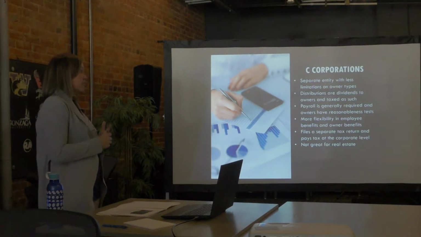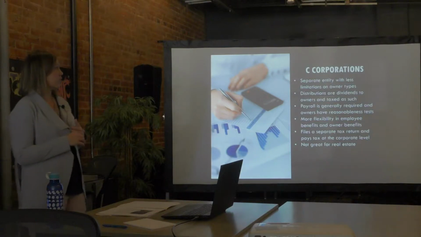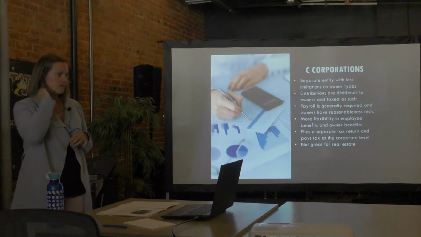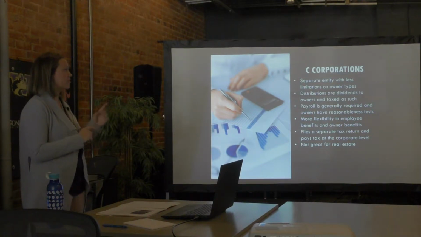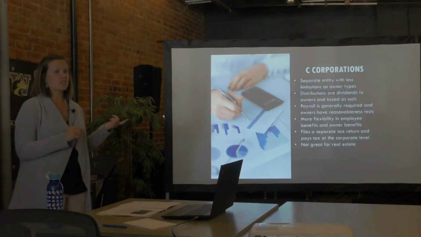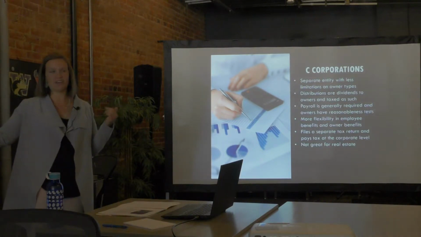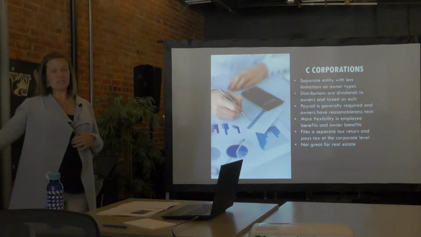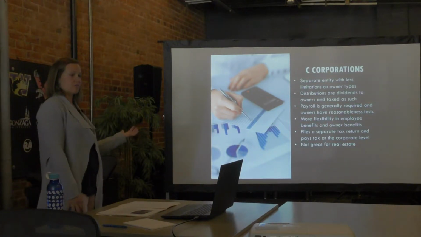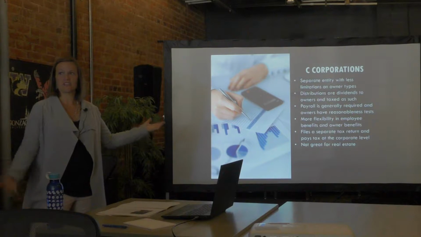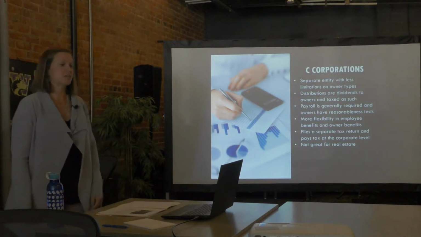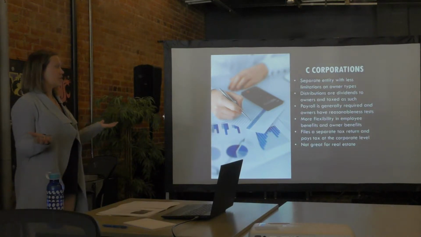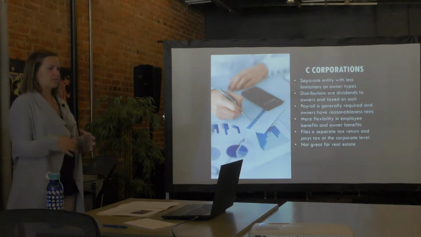Payroll is generally required as well because the owners usually have to take wages. It depends on how that's structured, but there's usually wages that come out. And then there are reasonableness tests for the owner contribution, but it's on the total opposite end of the spectrum. So C corporations get in trouble when you pay your owners millions and millions of dollars, where S corporations get in trouble when they pay their owners $2,000. So it's kind of interesting, the opposite spectrums there, but they want to make sure that you're not paying your people too much when there should be other ways that they're getting money.